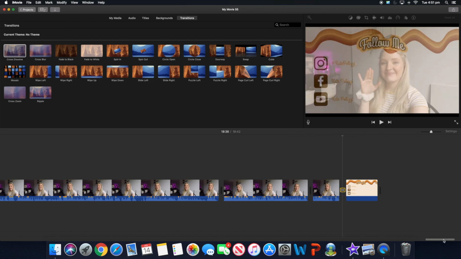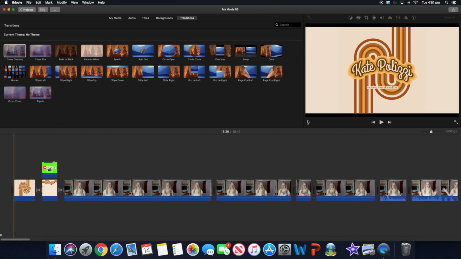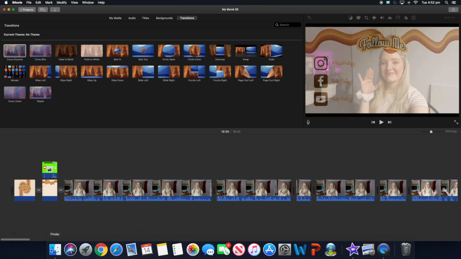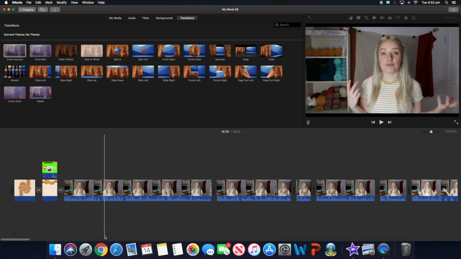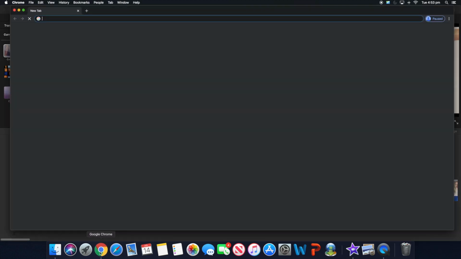Then what I like to do is add in some music, my favorite part. It sometimes takes me a really, really long time to choose what music I want to use, so bear with me because I haven't decided on what music I want to use because I wanted to show you guys how I find my music. So what I'm going to do is go into Google Chrome. You can use any browser, Safari, whatever you use. Once you have opened up your browser, we're just going to go up here and type in